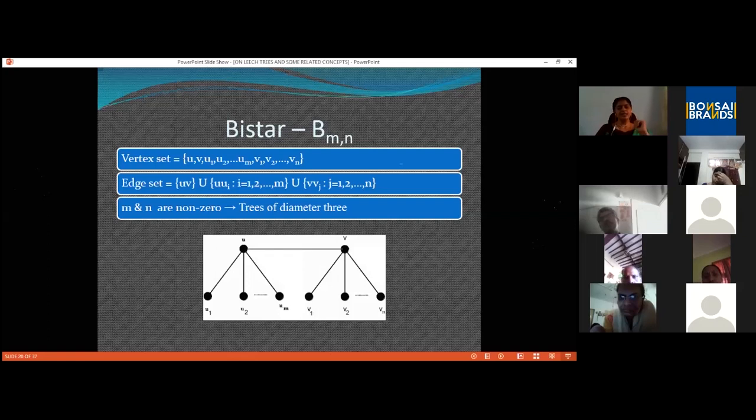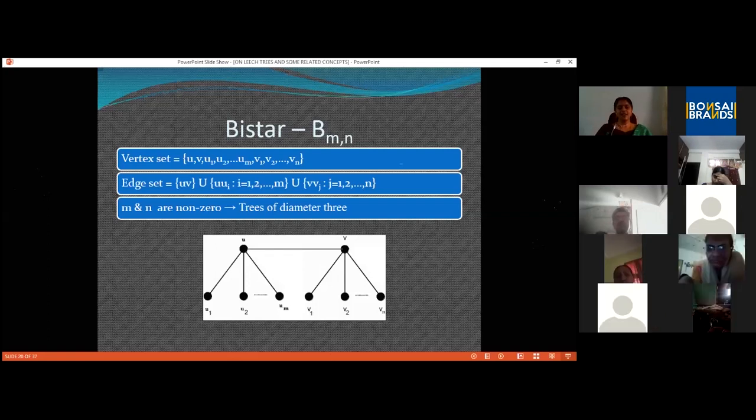So in a bistar, even to assign 1, we have 3 different choices. Either this can be done to the central edge, that is the edge UV, or you can assign it to a pendant edge, say UU_1, or to a pendant edge, say VV_1. So 3 possibilities are there.